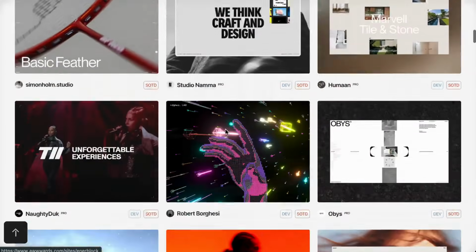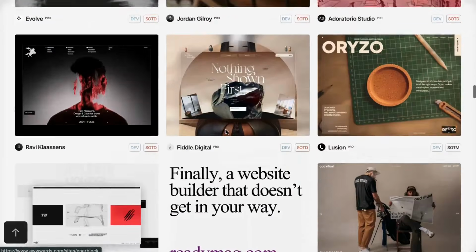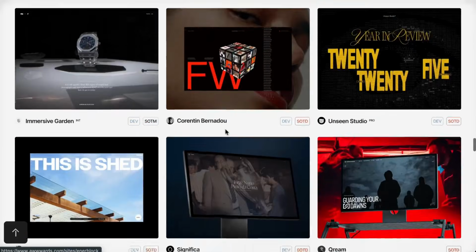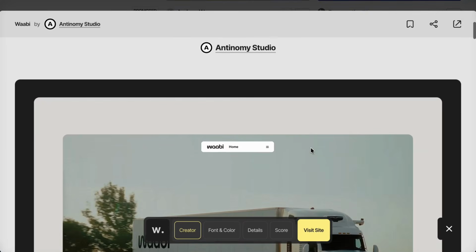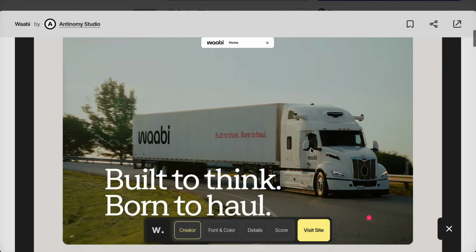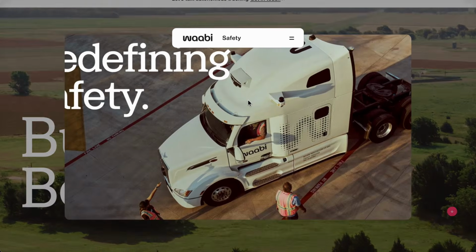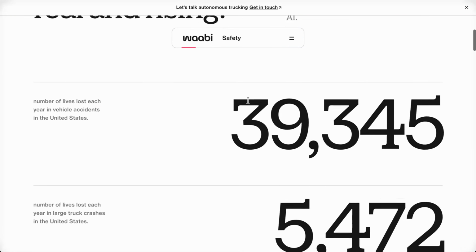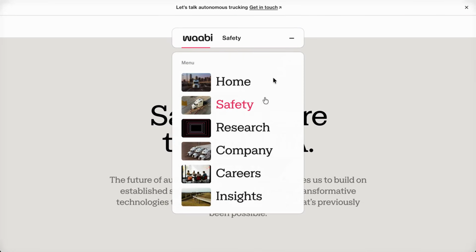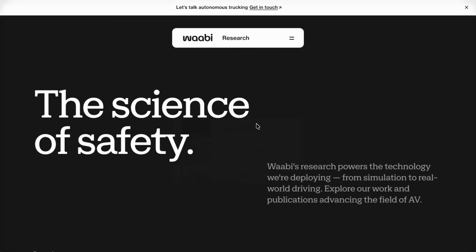A few days ago, I was scrolling through awards looking for some Site of the Day websites, and I came across one website that had insanely beautiful page transitions. What really caught my attention was how unique the transition felt, because you honestly don't see many tutorials or proper breakdowns for effects like this.